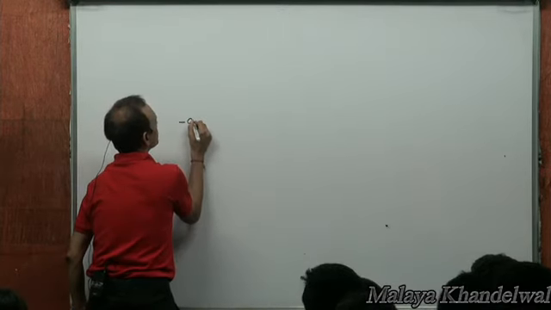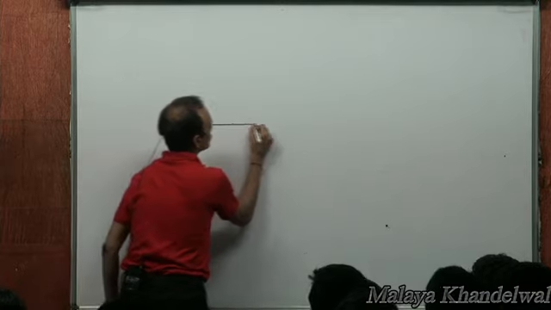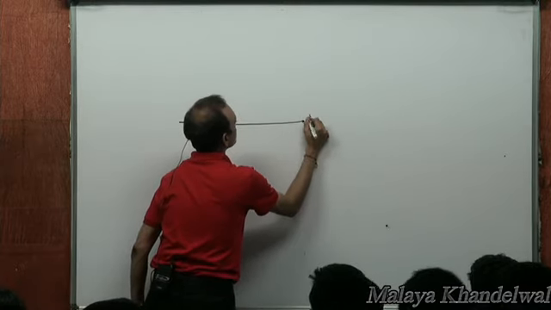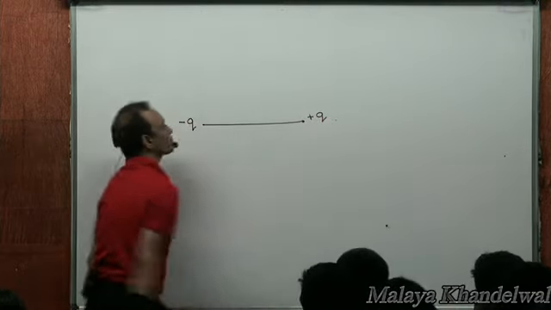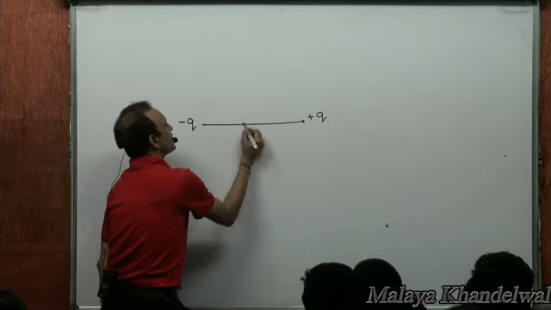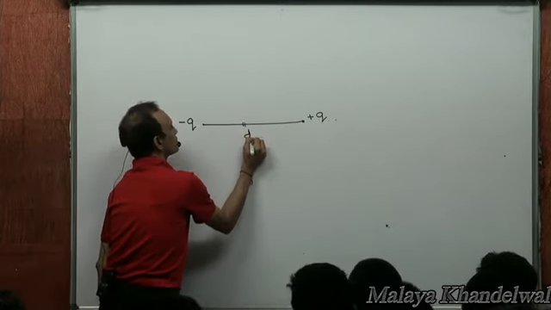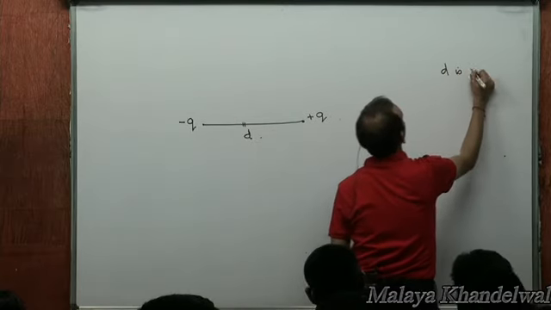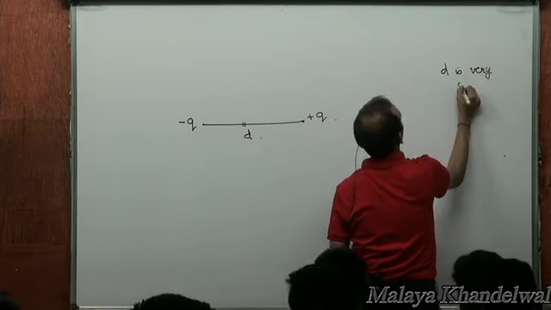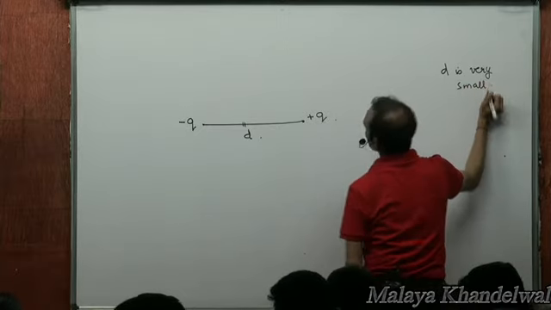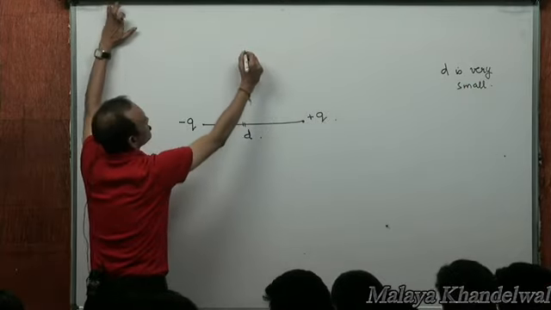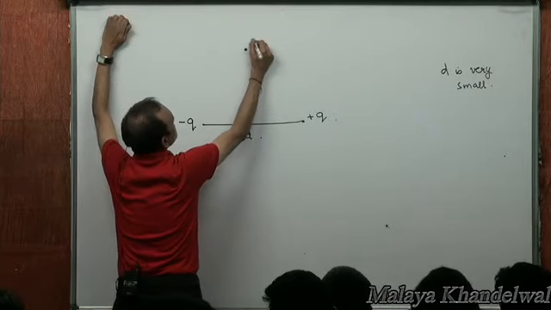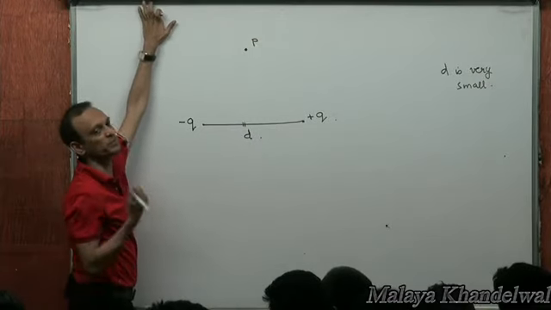We have a charge minus q and a charge plus q separated by a distance d. Now, this d is very small. Now, what does this mean? It means that when I look at these surroundings, various points P in the surroundings, any point P in the surrounding,